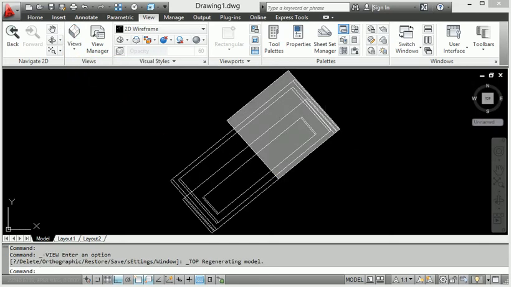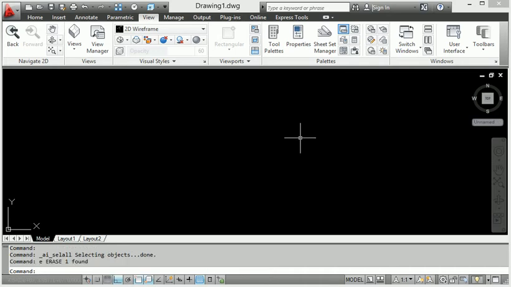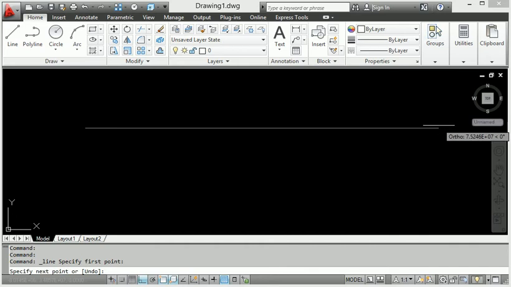Then I will delete every selection because they are not being used. This is the top view, and first of all, when I create a line here, this is one simple line.